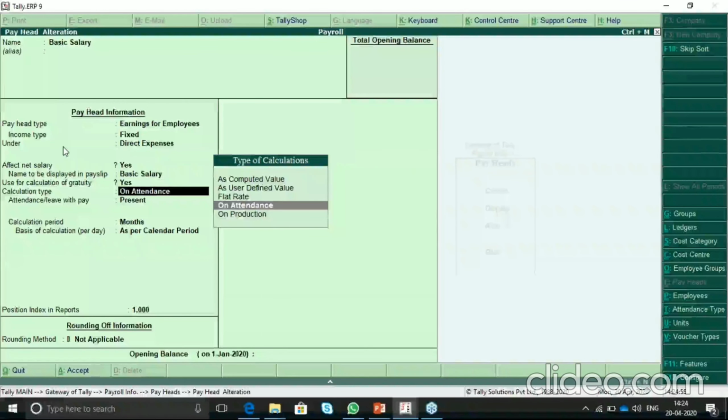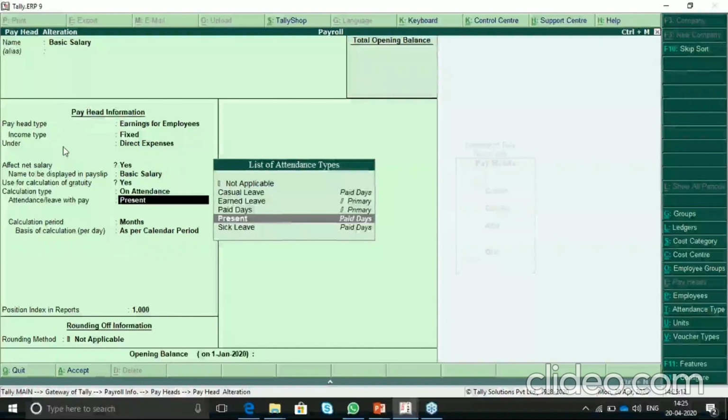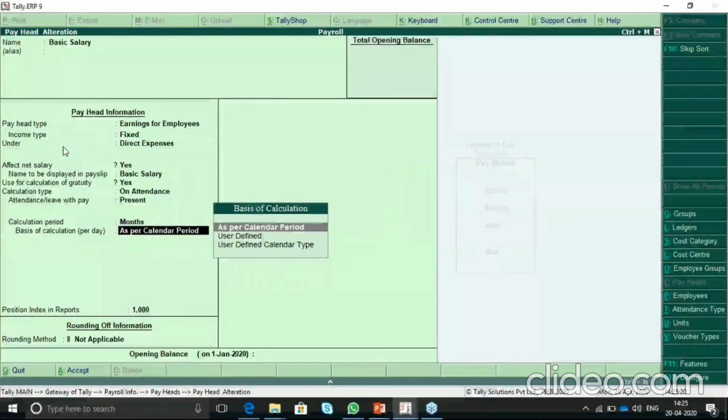So that also you can define, on production. We will take one example of that. The normal way is to create the basic salary on attendance. Here it will take the present, paid leave, paid day, sorry, on month, and select as per calendar period and accept it.